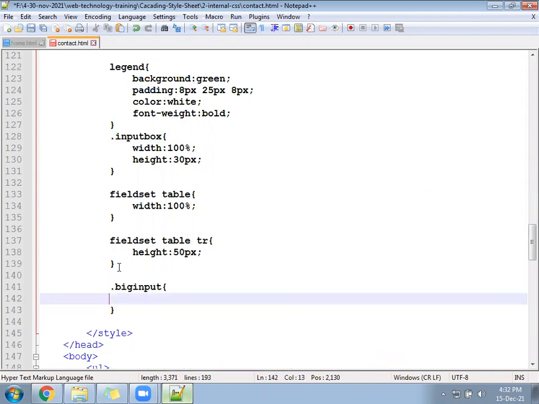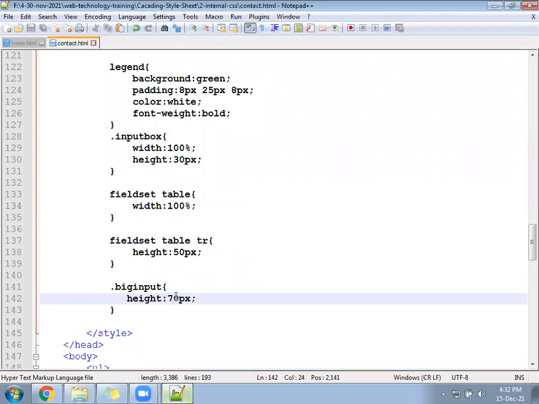And under the big input, we can write the height somewhere 70 px or 80 px.